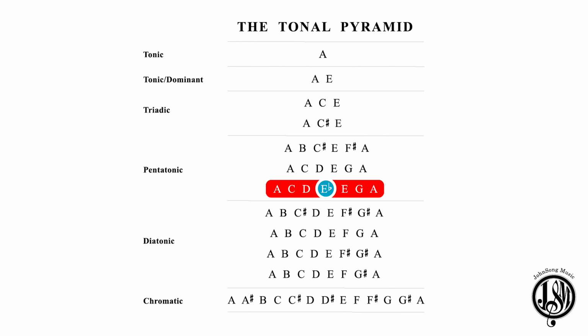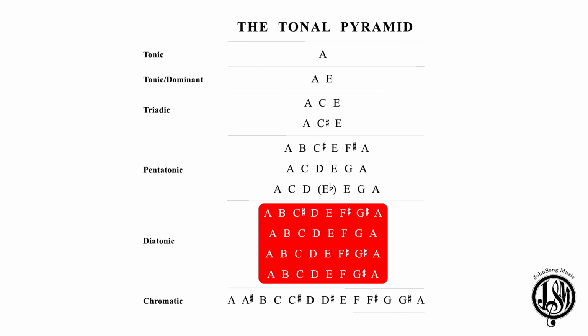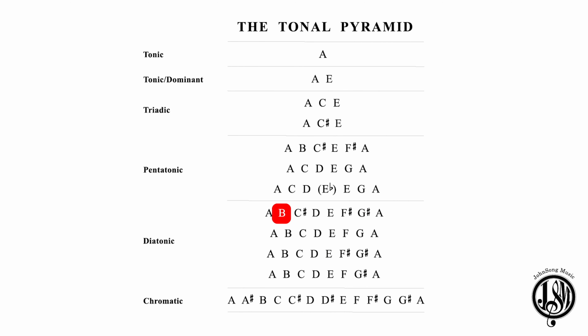Then you move down to diatonic scale forms in major and minor. Diatonic means that the note names are in successive alphabetic name order. So here we have A major: A, B, C sharp, D, E, F sharp, G sharp, A. However, if you begin on a different step of the major scale, you are then playing in the Greek